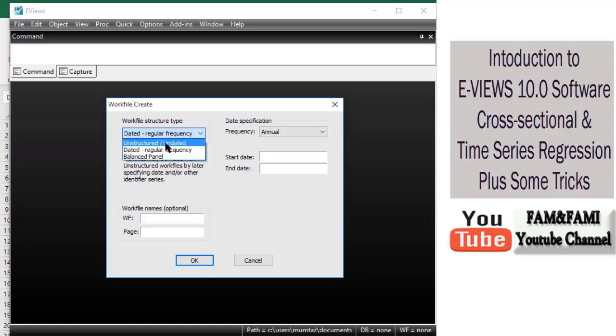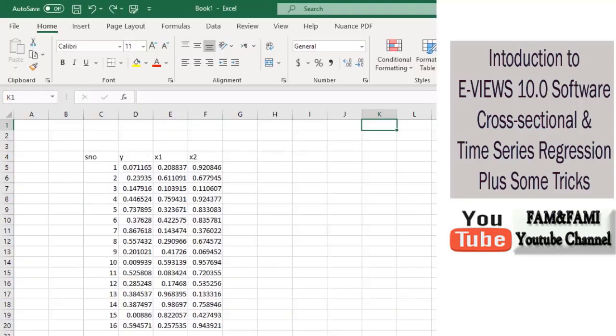First select this unstructured, undated option. When you click on it, we see this dialog box asking us to provide the data range and observations. Here we need to provide just the total number of observations. Like if we have cross-sectional data containing 50 data points, we need to provide 50 here. So that's it. Let's go to the Excel software and use this hypothetical data set that we have in